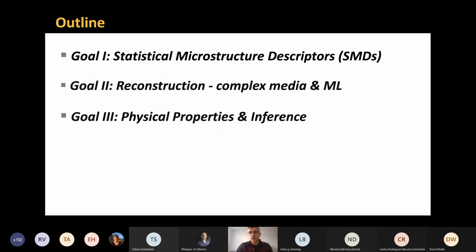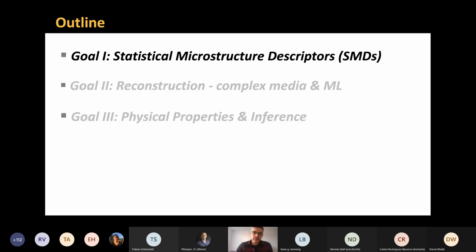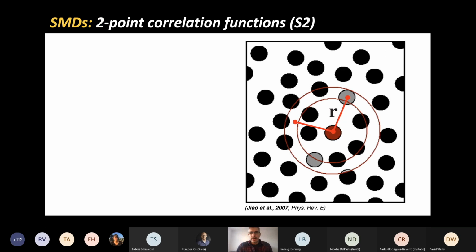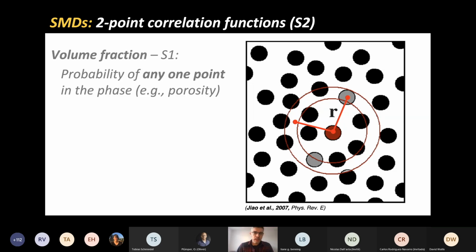So let's start with the first, which is how to describe microstructure. Now, some of you may know about this, so bear with me if you do. Let's say you have a binary microstructure here, two phases. Now, this does not apply only to two phases, but it's easier to understand the concepts when we talk about two-phase materials. In this case, you can see a bunch of non-overlapping spheres being the black phase and then a white phase being the background. You can think of these, if you like, for the sake of discussion, as pores and a matrix. But they could be whatever you want in terms of phases.